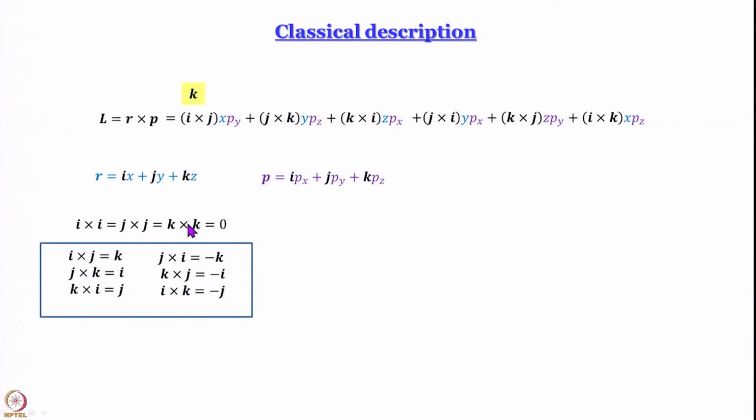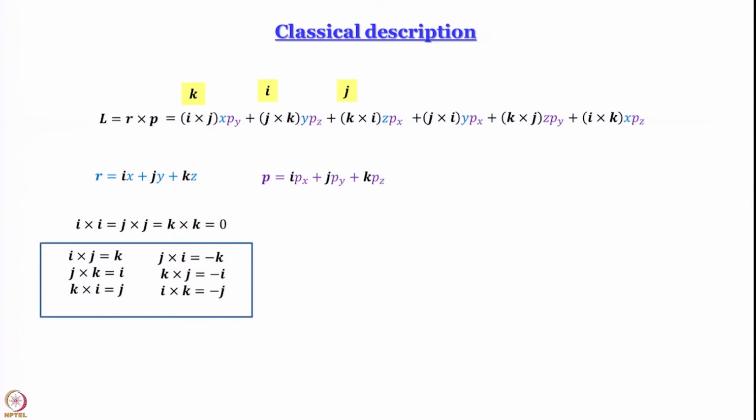The first term we have is i cross j; instead of i cross j we will write k. Second one is j cross k. What is j cross k? j cross k is obviously i. It is very simple, you just write the third one. If it is in correct cyclic order you write a plus sign, if it is in reverse cyclic order you write a minus sign. So, j cross k is going to be i, k cross i, correct cyclic order, is going to